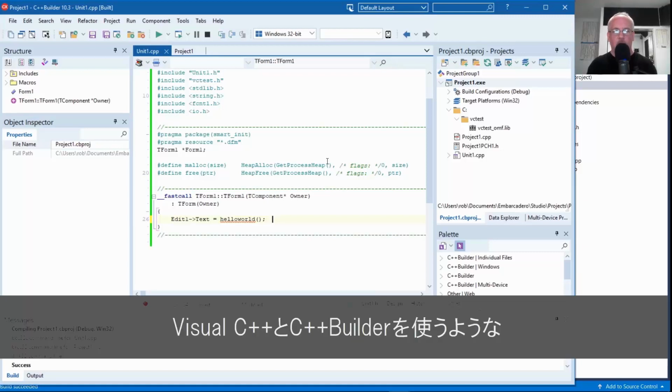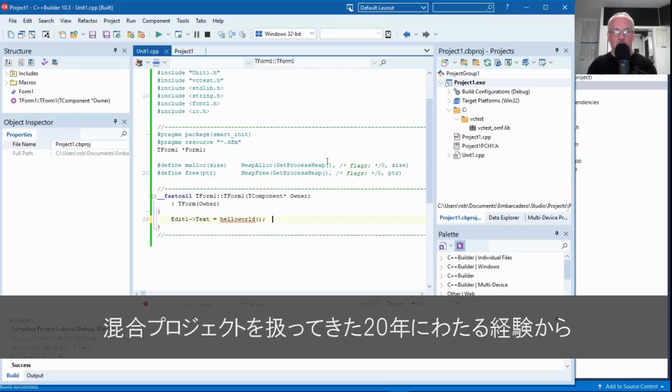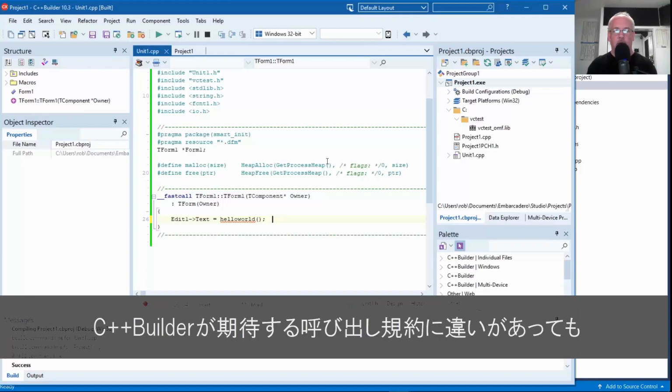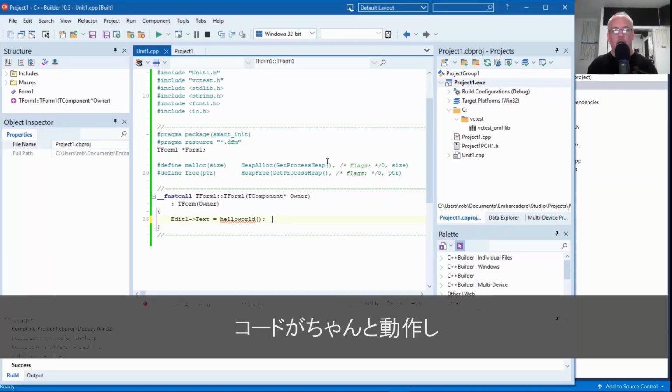An anecdotal story: I had a project that's a mixed project like this, using Visual C++ and C++ Builder. And for about 20 years, it actually had a mismatched calling convention between what Visual C++ was generating and what C++ Builder was expecting. And it worked. The code all worked.